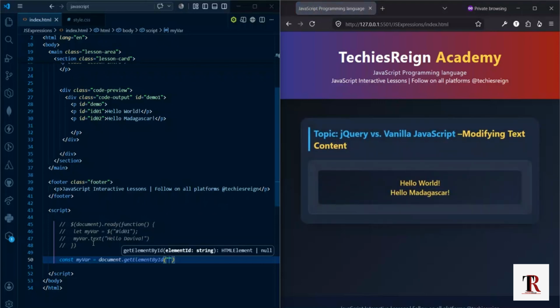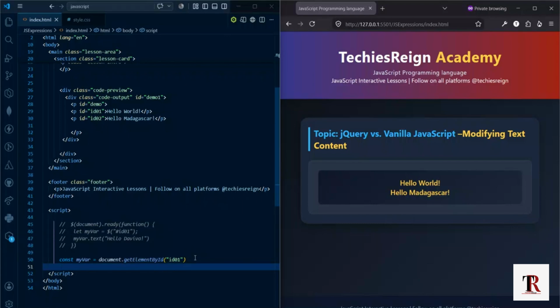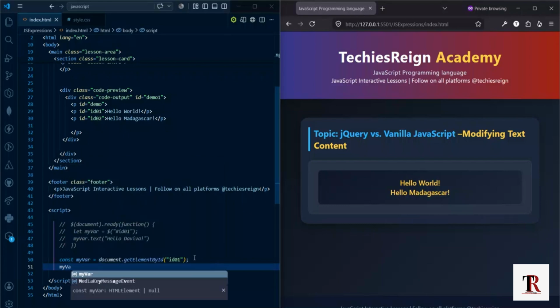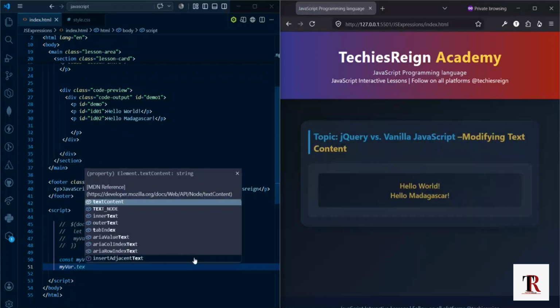So in this case, ID 01. Notice that in selecting this ID, I'm not appending a hash or anything, unlike jQuery. So once you've done that, then I can call my variable and call on textContent